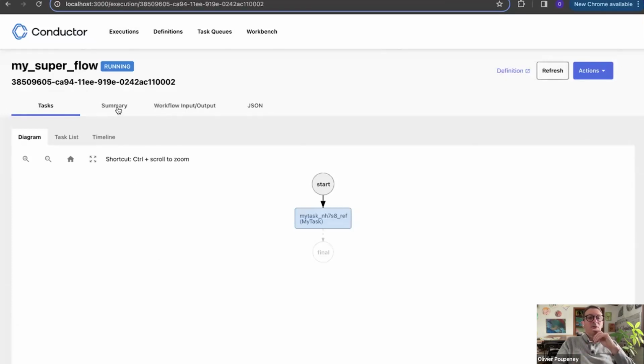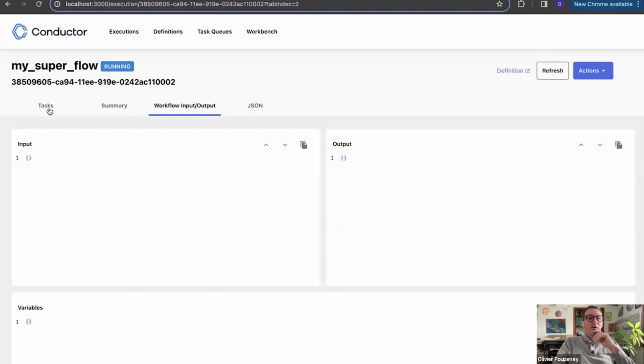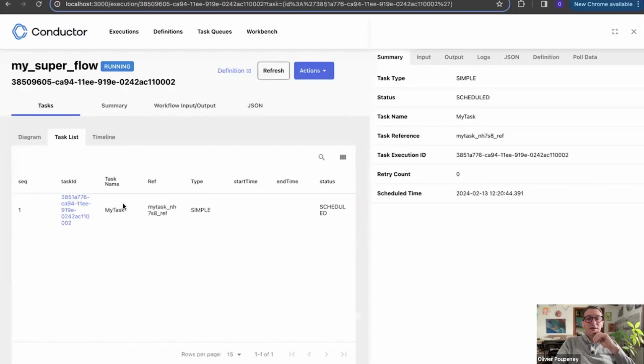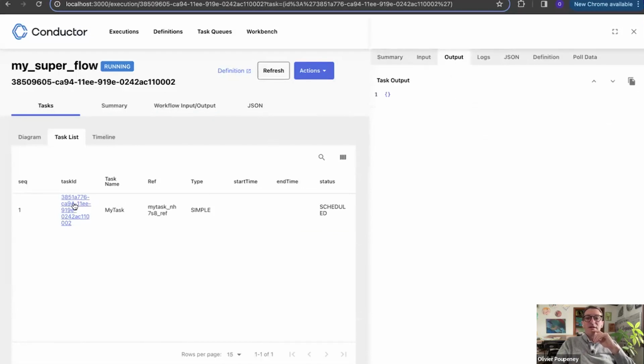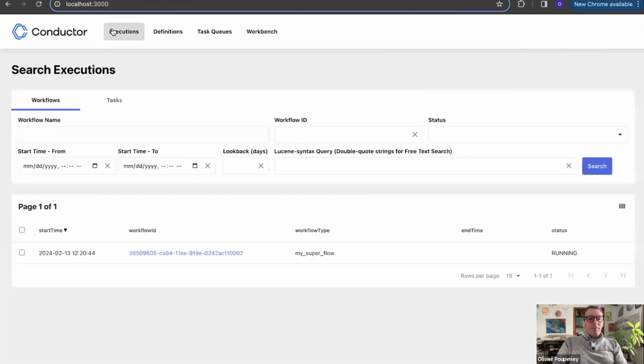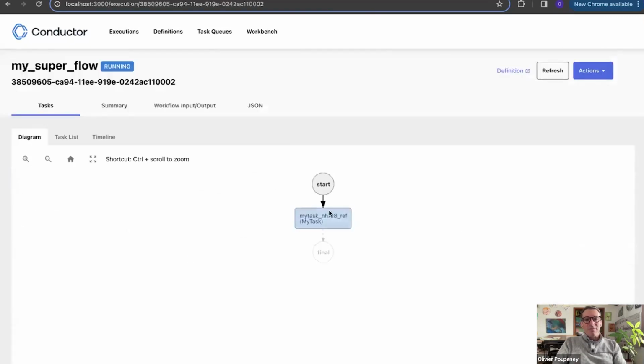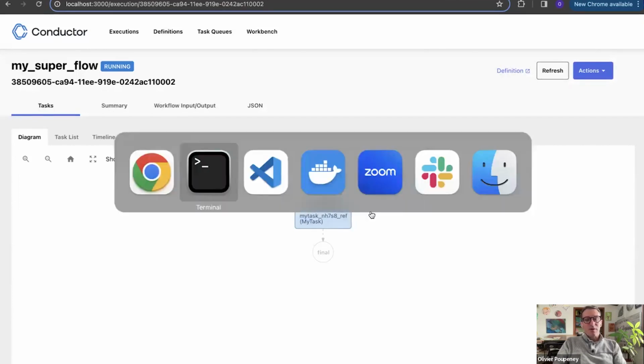executed, and I can also see what is the output of this task. Oh, we don't have any, oh yeah, it doesn't do anything on that one. Oh yeah, it's running, it's because I executed my second workflow that has a task that is my task, and my task doesn't have a worker now. So to do so, what I can do is